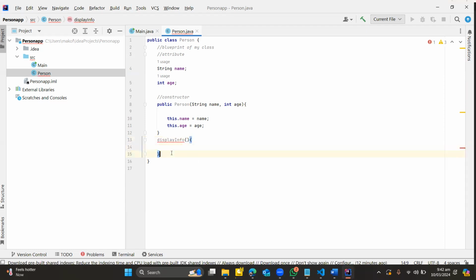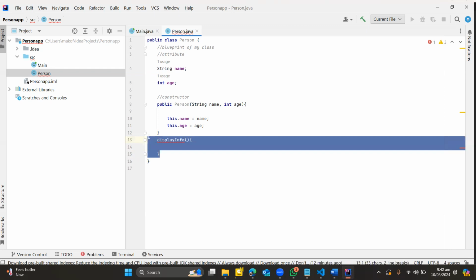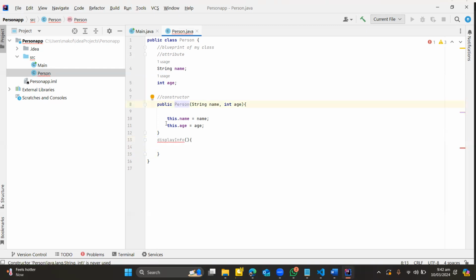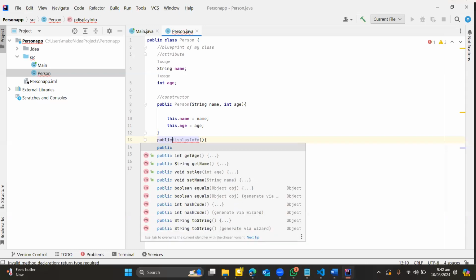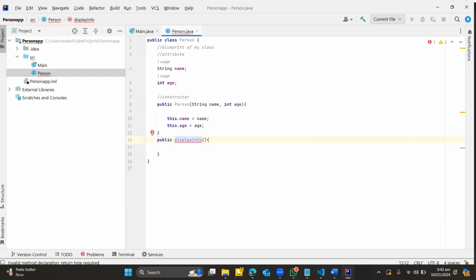Now again, display info is not a constructor. How do I know? It's not starting with a capital P. It's starting with a small d, which means it is a method. And if it is a method, I must state its modifier and its data type. The modifier would be public, and its data type would be what? Void, so that it returns no value. With that in mind, I can say